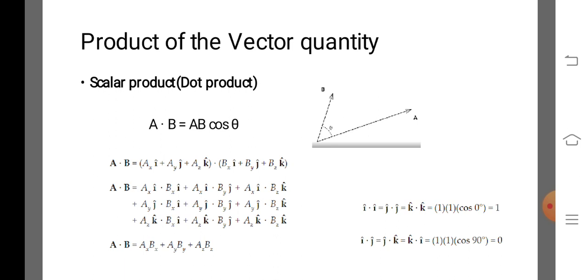Now the coefficient of i vector can be multiplied, the coefficient of j vector can be multiplied, and the coefficient of k vector can be multiplied for A dot B. Now we get ax into bx into i vector plus ay into by into j vector plus az into bz into k vector, plus ax into bx, ax into by, ax into bz, then ay into bx,